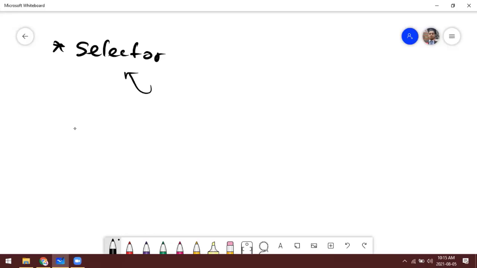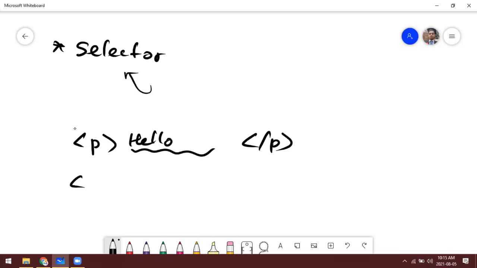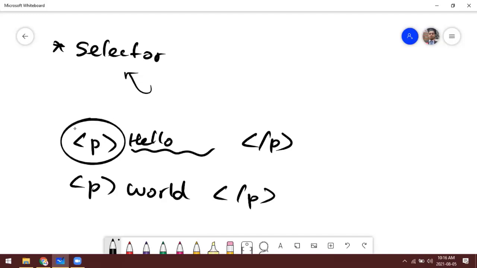So what do we mean by selector? For example, here there are two paragraph texts: say, hello world, with one paragraph saying hello and another paragraph saying world. So this is the selector.